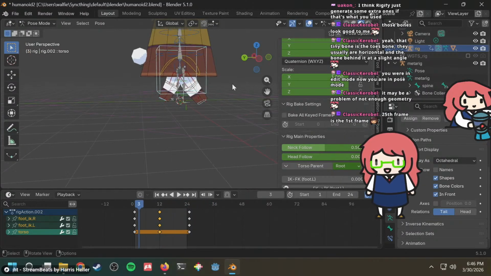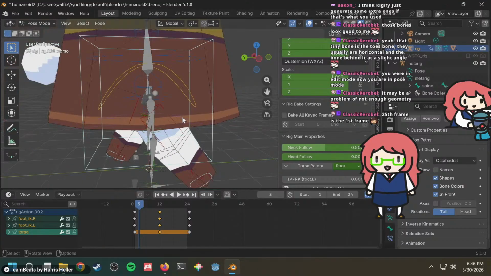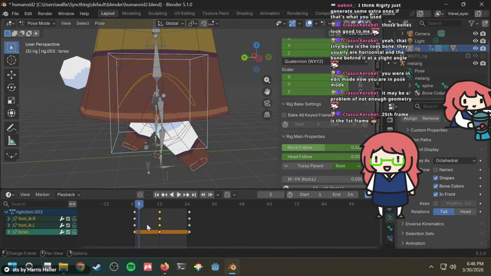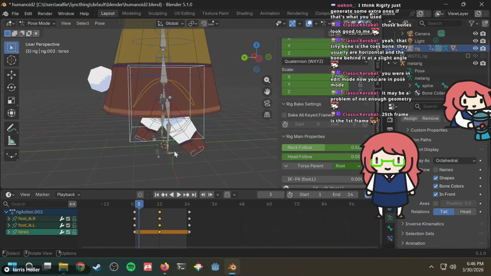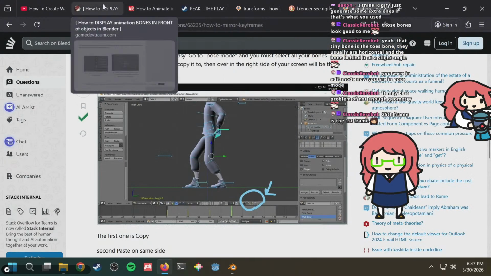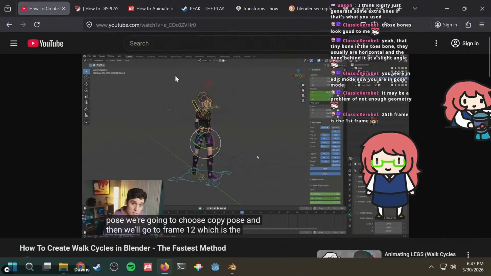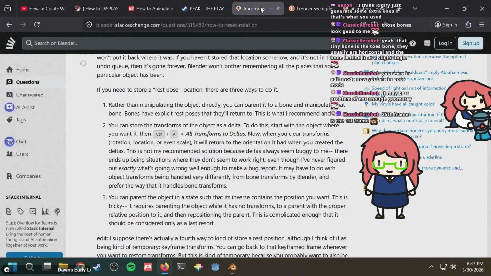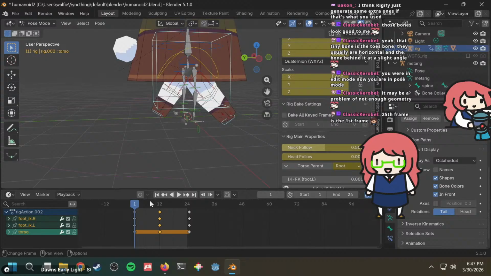Wow, look at that. Oh, the torso. Okay, we need another frame in the middle for the torso to go up and down. So we have a basic walking loop. I feel the back leg could perhaps go back a bit more. Or maybe that happens on the next pose.